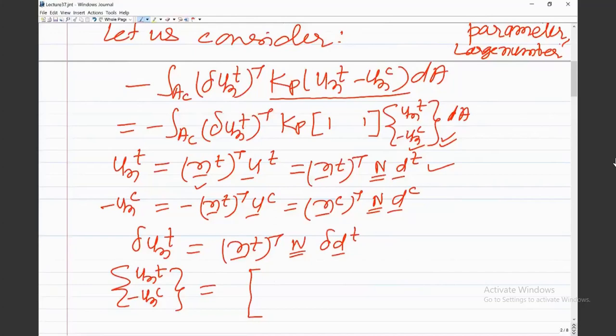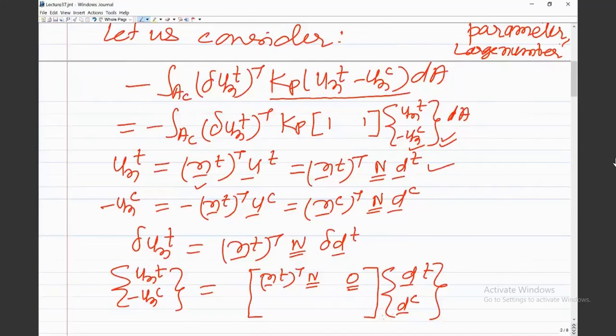So UNT of course is equal to NT transpose into N, and then we are combining the degrees of freedom. So here I am putting a null vector and then writing here the degrees of freedom of both target as well as the contactor elements. So when you multiply, UNT simply becomes NT transpose into N into dt, because this is a null vector, so null matrix into vector dc will be